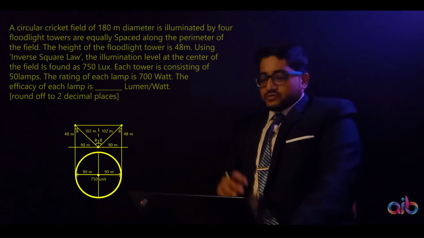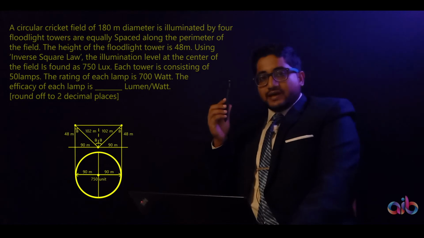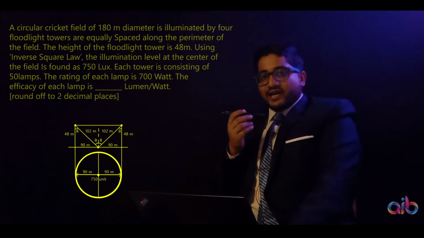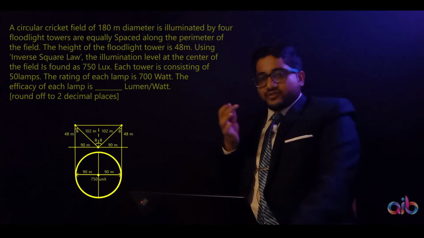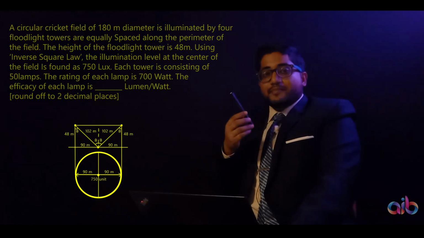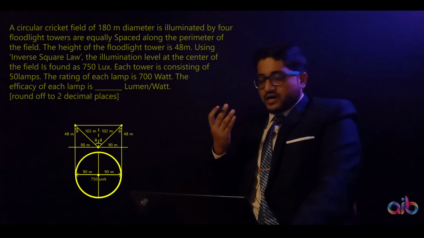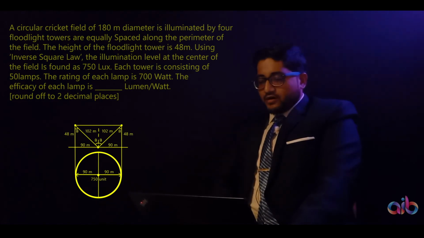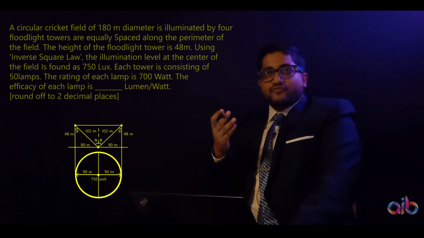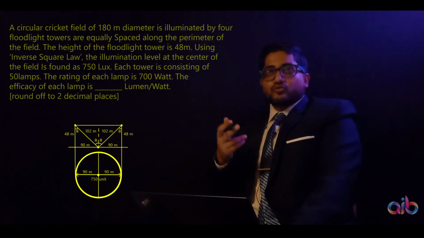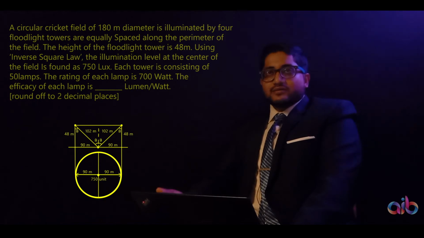So you know it's 48 in vertical and 180 is the diameter, so the radius of the field is 90. So for a Pythagoras triangle of 90, 48 for the base and the perpendicular respectively, the hypotenuse is going to be, if you do the math, 102. 102 is very easy. Even if you are confused, 90 squared is 8100, and 48 is 50 minus 2 whole squared, so 50 squared is 2500, minus 200, 2300, plus 4, 2304, so 8100 plus 2304.